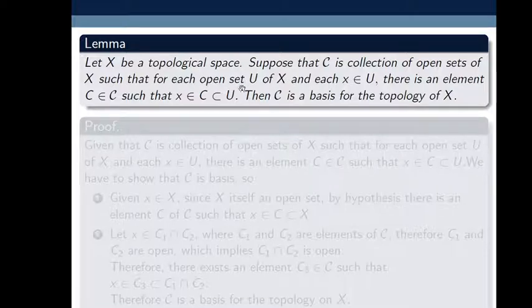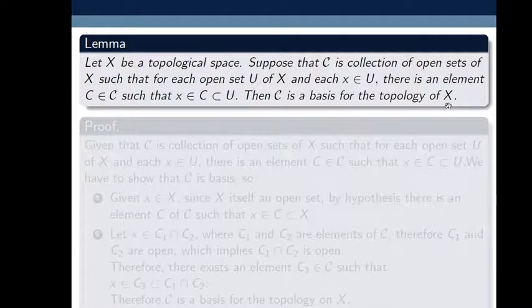Here U is a member of the topology of X, which is an open set, and for every x in that open set U, there exists an element C in script C such that x belongs to that set C and that set C is contained in U. This we have been given. From all this, we have to prove script C is a basis for the topology of X.